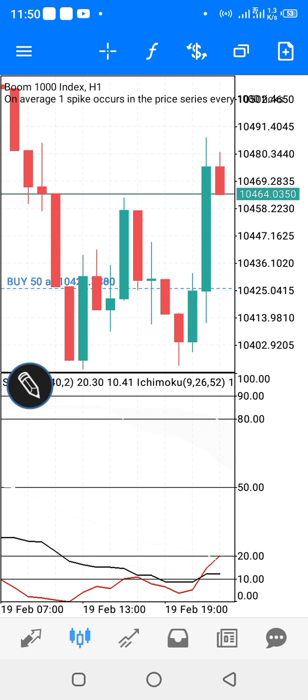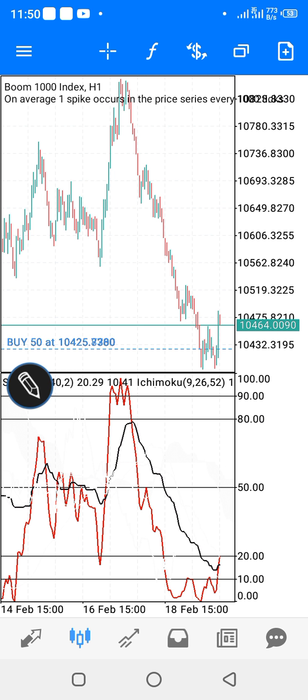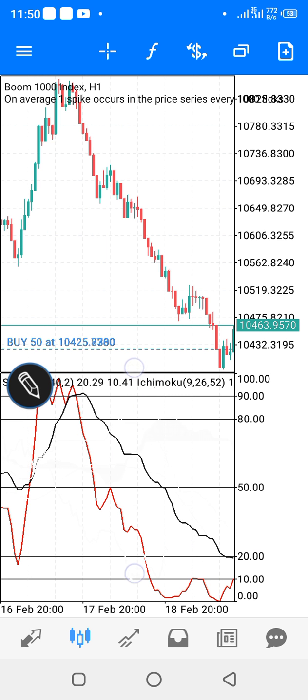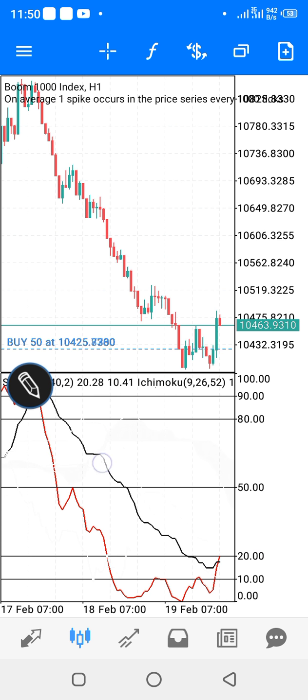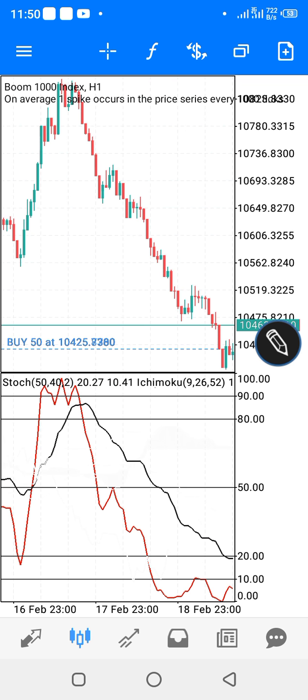So this is one of the strategies. You only need to know how to set this indicator, and this indicator is just a combination of stochastic and Ichimoku, and I'm going to teach you how you can set this up. So for instance, when this was forming here,